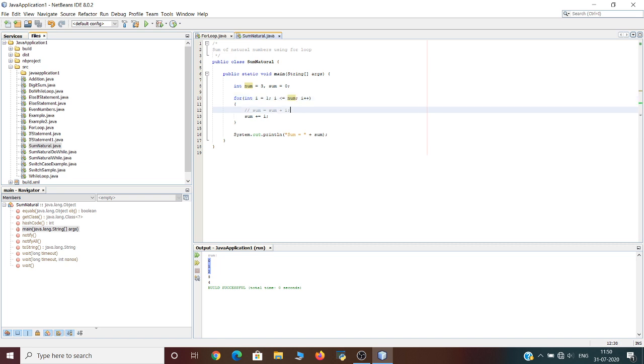Once the value of I becomes greater than 3, that is the value of the variable num, the control will exit this for loop, and the statement that is outside the for loop